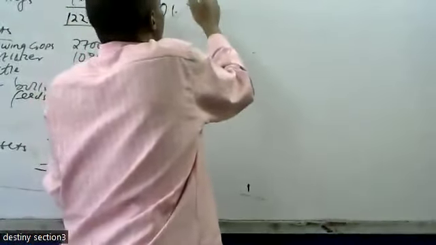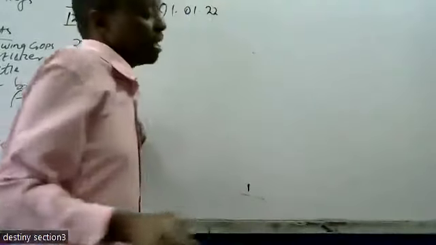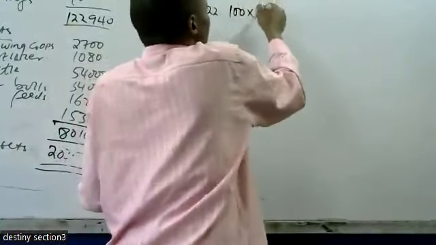On 1st January 2022, this guy had a herd of cattle valued at how much? How many cattle? 100 cattle, and each cattle was valued at